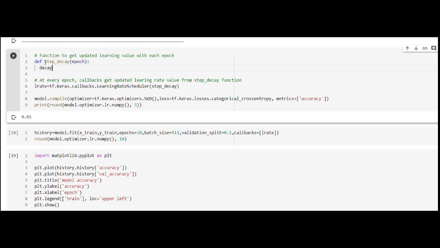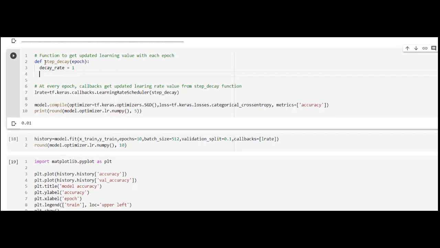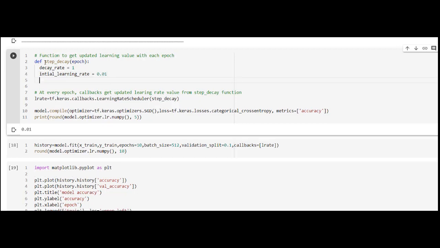For the decay rate, we have to specify, for example, decay rate equal to 1. Then we have to specify the initial learning rate equal to 0.01. This is the default value for the stochastic gradient descent algorithm.